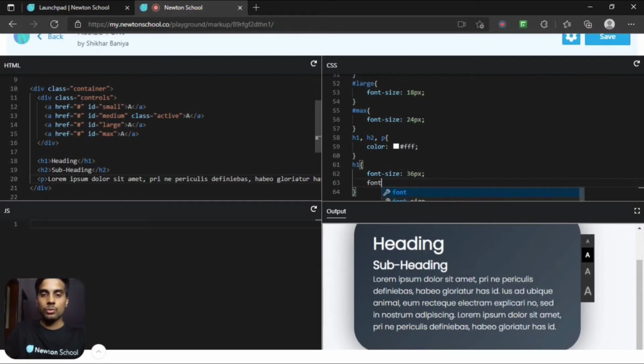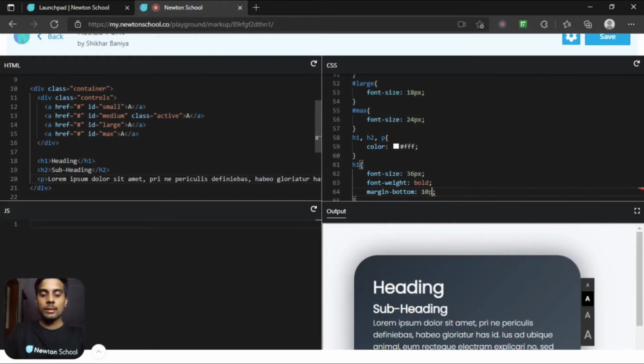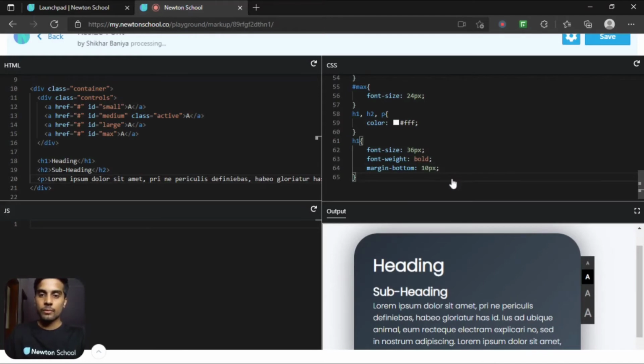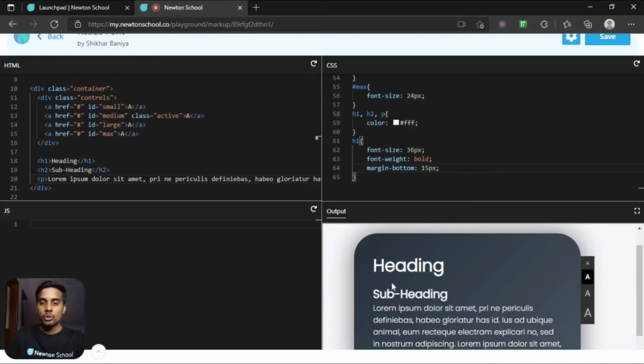I want to make the font weight bold, and I want to add a margin-bottom property, let's say 10 pixel or 15 pixel. So it will add some bottom margin to this heading tag.